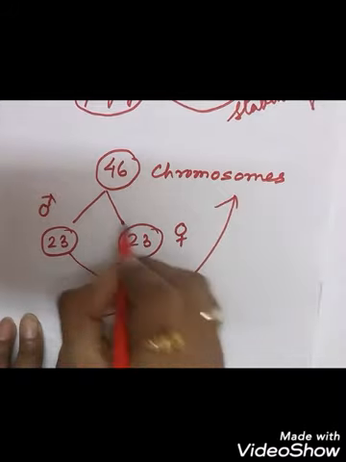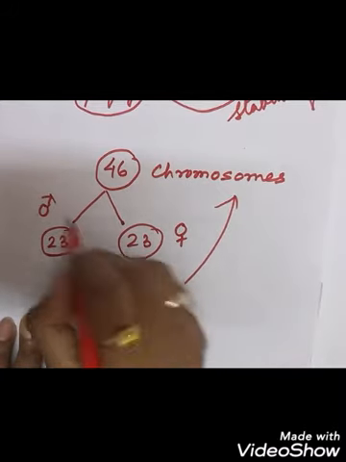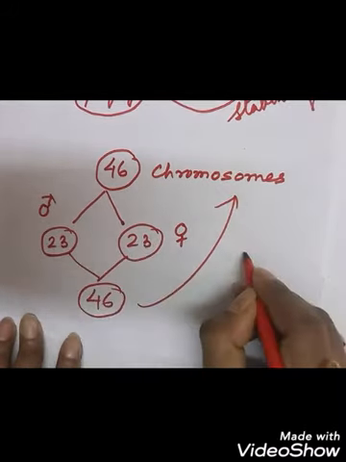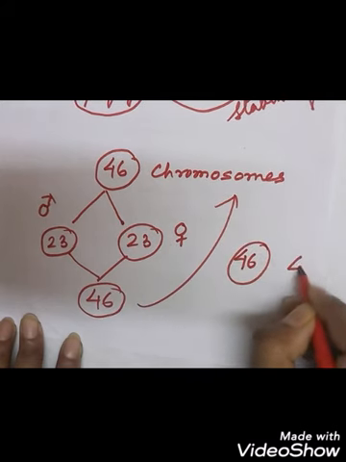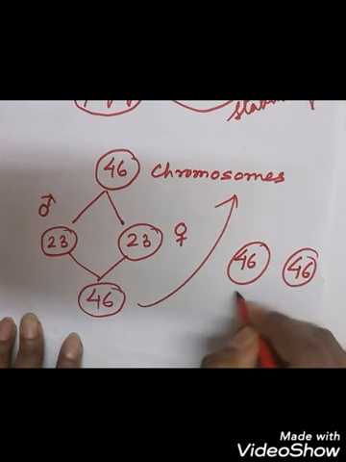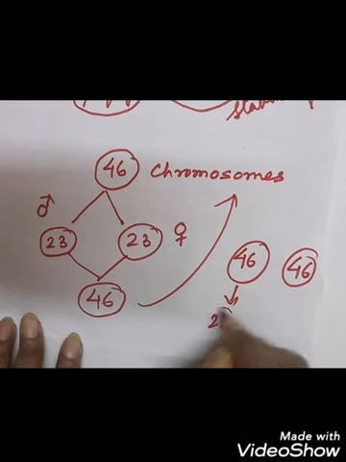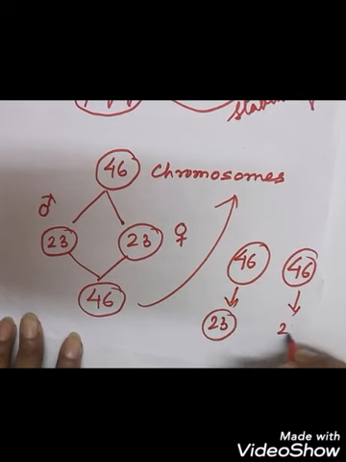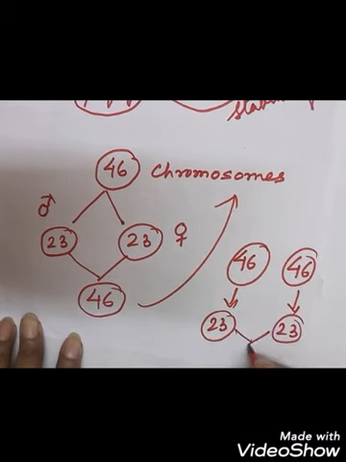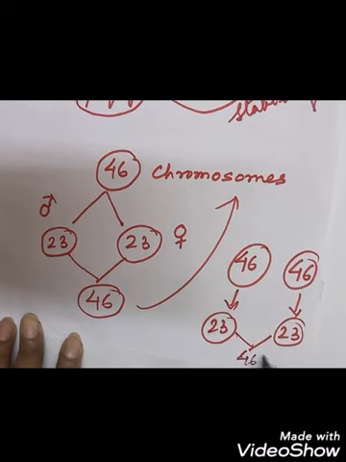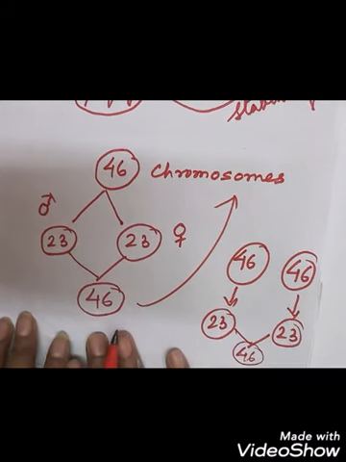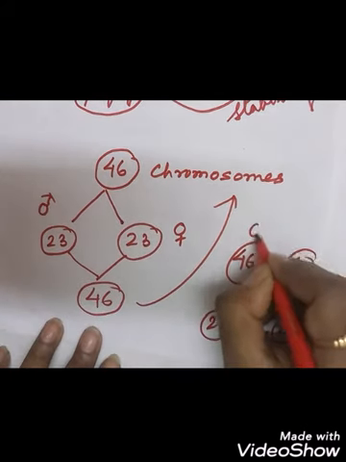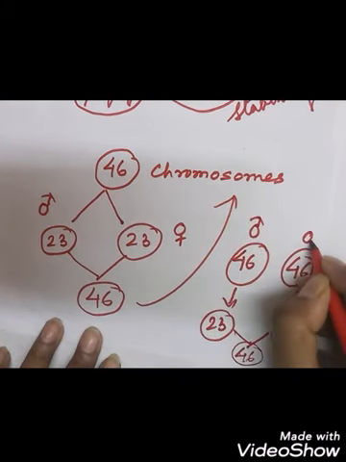Why have I written it like this? You know, on both sides I have written male and female. You can write separately also like this, 46 male, 46 female. Then from here the gamete is 23. Here also the gamete is 23. Then the gametes unite. Then we get what? 46, same to same. To represent the human being in common, I have written 46 together. So this is male and this is female.